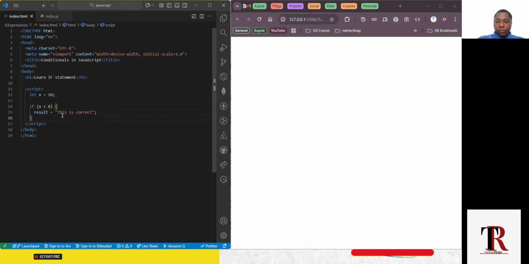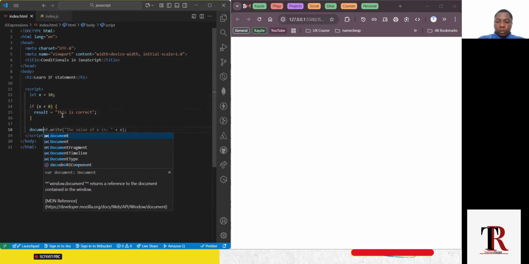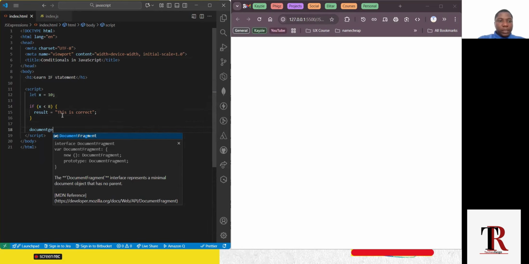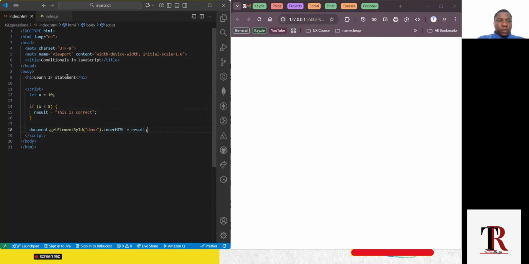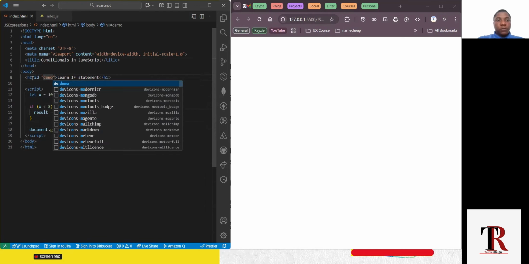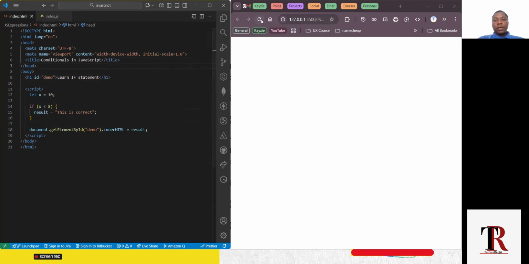So I can decide to use console to get the output before get the output in my browser, get element by ID. So I'll add that ID to my H1, ID of demo. I'll refresh the browser. Now I'm still learning if statement. Now, if I do something like this,